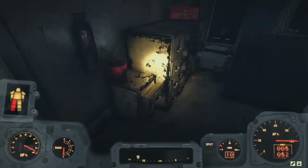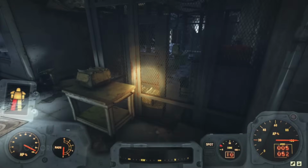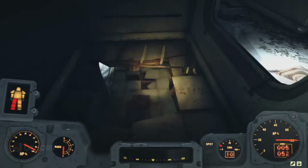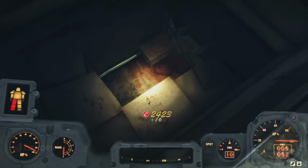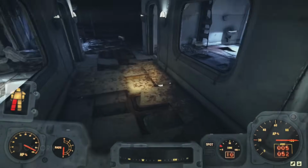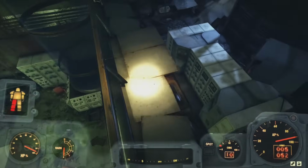Heading out of the security station, we see that we've opened a door to the east, overlooking the research lab. Continuing with this side first, we can loot a first aid kit in a nearby cell. Here we also find a cap stash by a hole that drops us below, but that's it for the upper cells. So heading back east through the door, we can hop out to the landing to continue exploring this upper